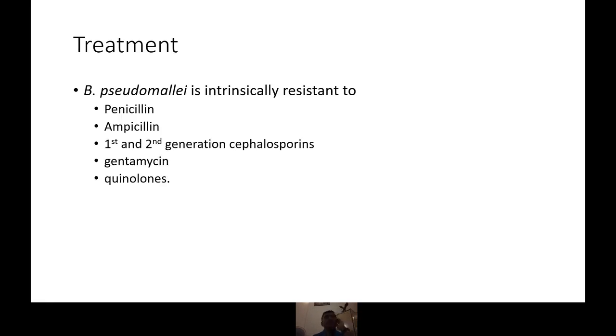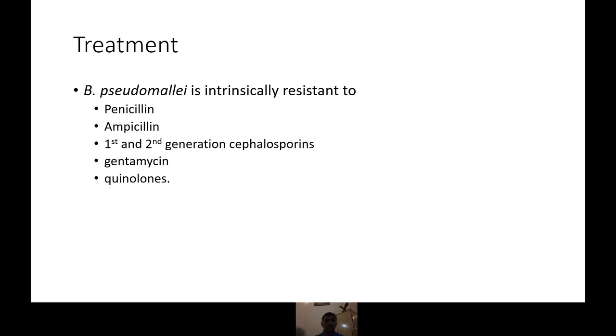The treatment is, when it comes to treatment, the most important thing is that this organism is resistant to most of the conventional antibiotics that we use in the management of PUO. Generally, when a patient is having high fever going on for weeks and weeks, we start off with cephalosporins such as cefotaxime, cefuroxime, ceftriaxone. These are generally resistant. Although they are gram-negative, they are resistant to quinolones, that is something like ciprofloxacin, or gentamicin, penicillin. So it's a fairly resistant organism.